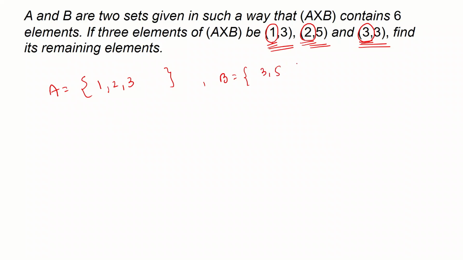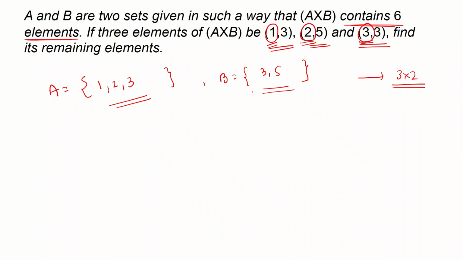And we are not repeating, so 3, 5 and not 3 again. I'm keeping some more numbers over here, so that if we find that there could be more numbers, then we can add them later. But now you see that it says the total number of elements is 6, and we know that if A is equal to this and B is equal to this, then there are already 3 times 2, that is 6 elements. That means there can be no more elements in A and no more elements in B,